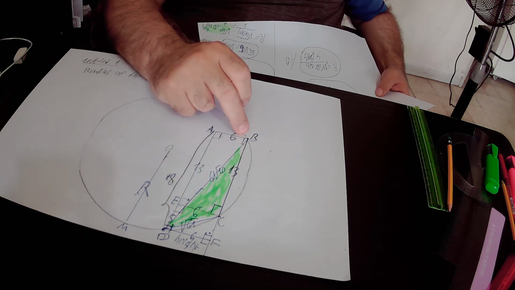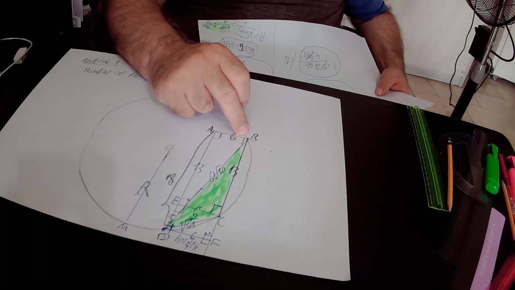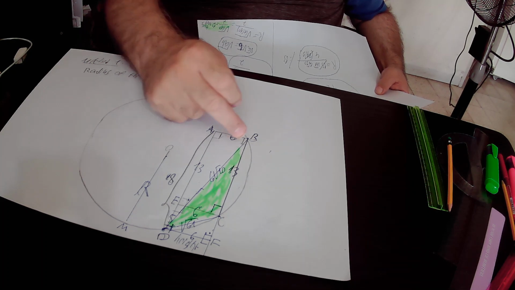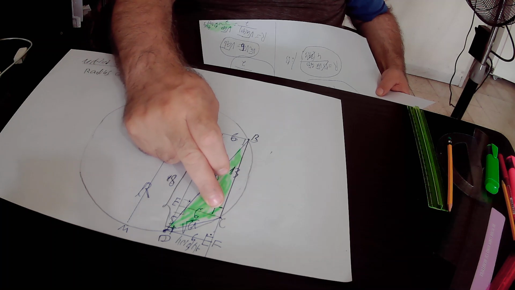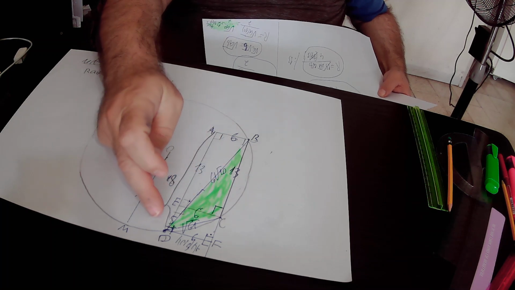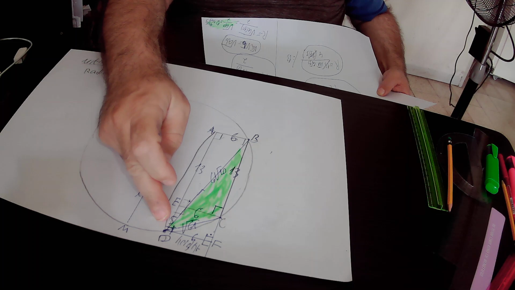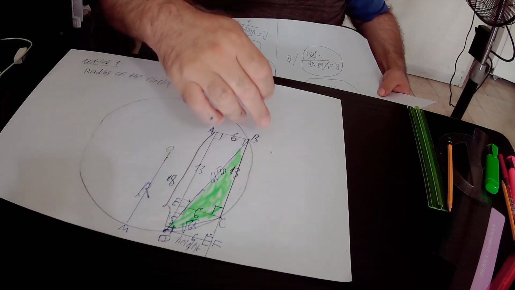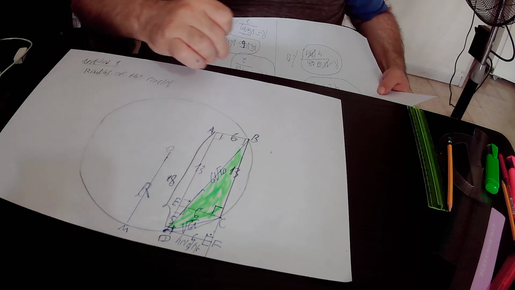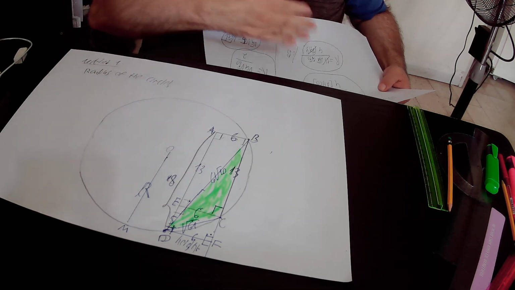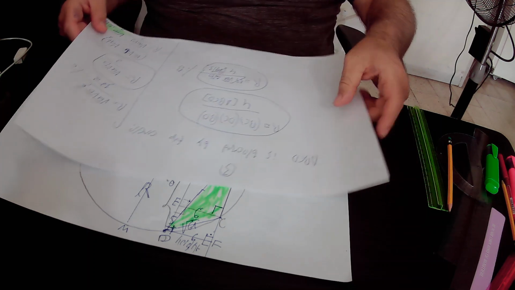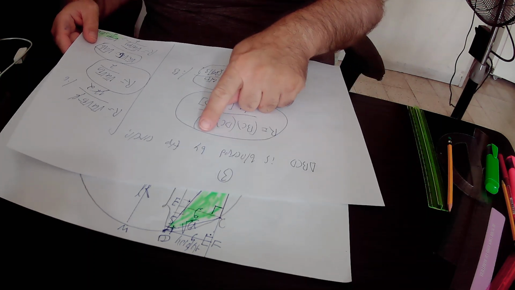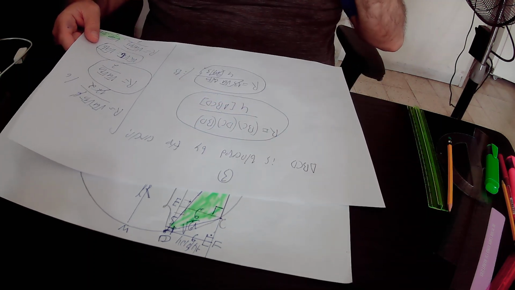Because this vertex touches the circle at point B, this vertex touches the circle at point C, and this vertex touches the circle at point D. Therefore, we can say for sure that the green triangle is blocked by the circle, and therefore we can implement here rule number 1. I'll repeat again, the green triangle BCD is blocked by the circle, and therefore, according to rule number 1,